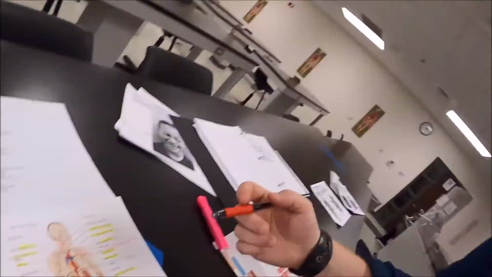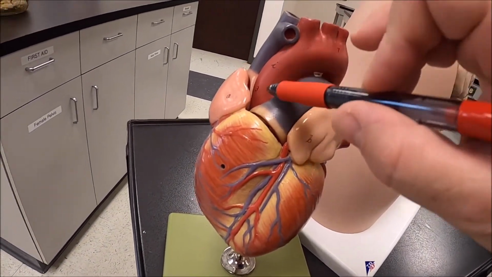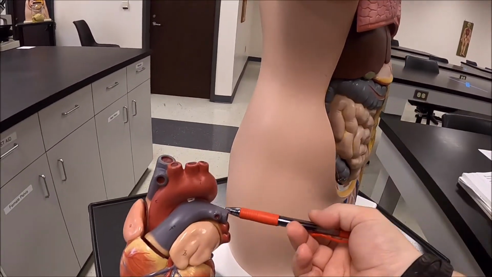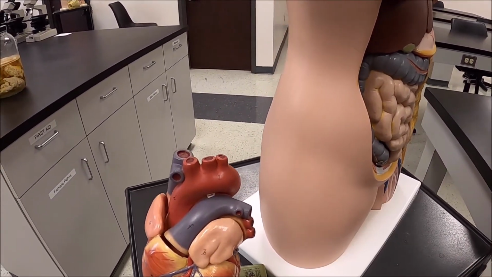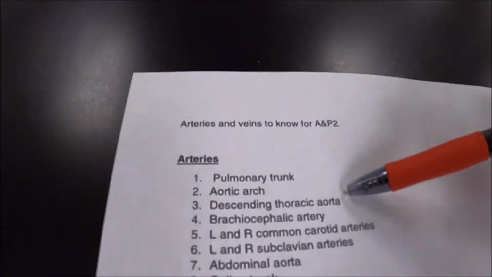Get my point. The reason they say that is because this upper part here is considered the ascending aorta, whereas that would be considered the descending aorta. But I am simply going to call this the aortic arch, and that's going to be the thoracic or descending thoracic aorta. All right, that'll do. So we've got our descending thoracic aorta,